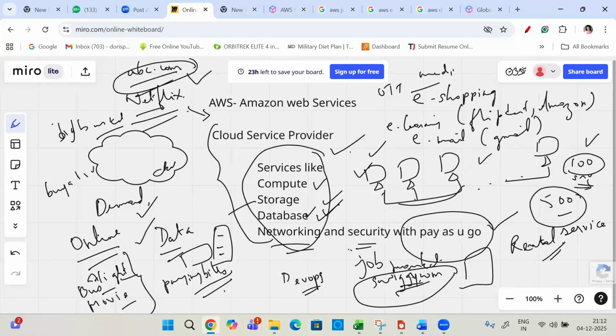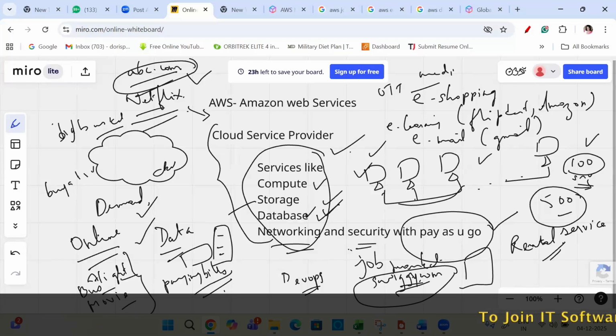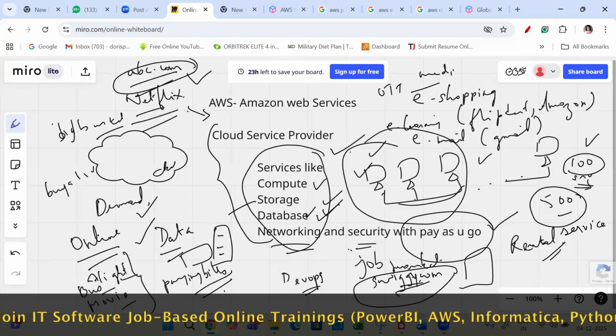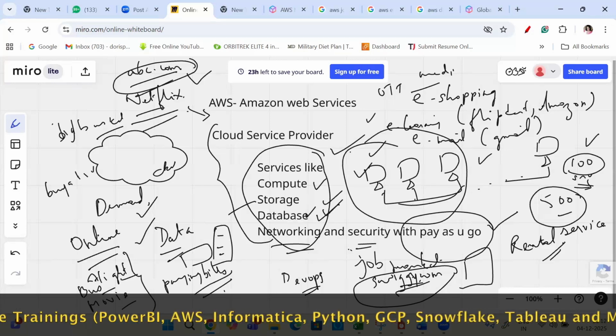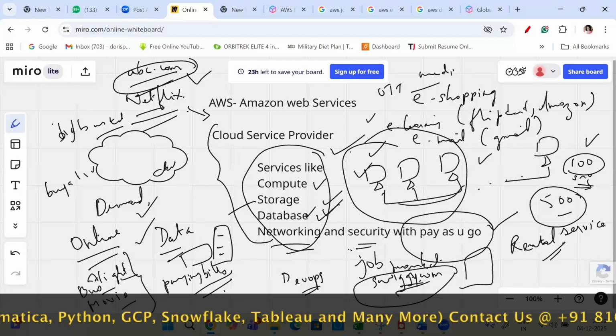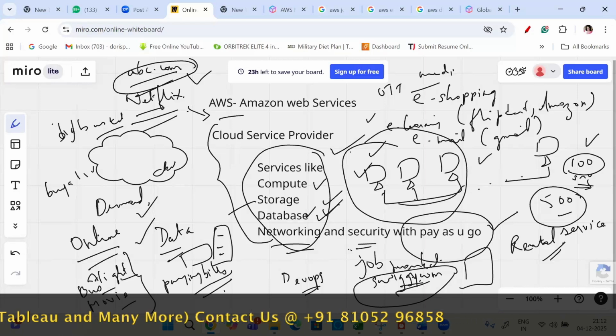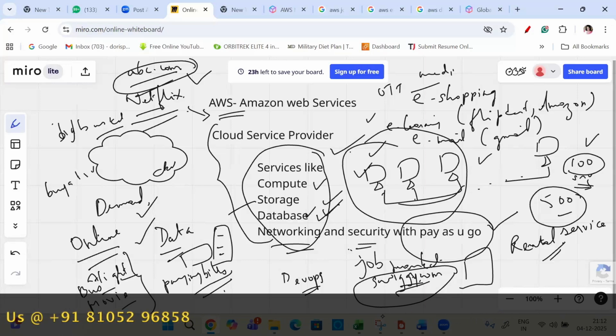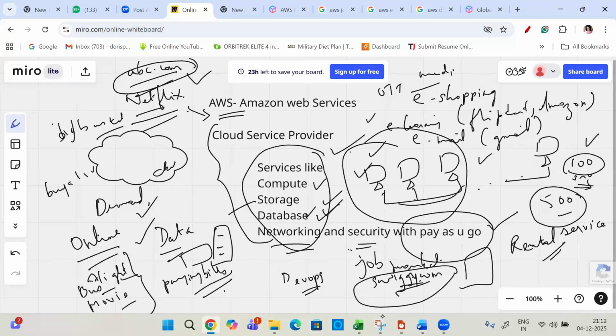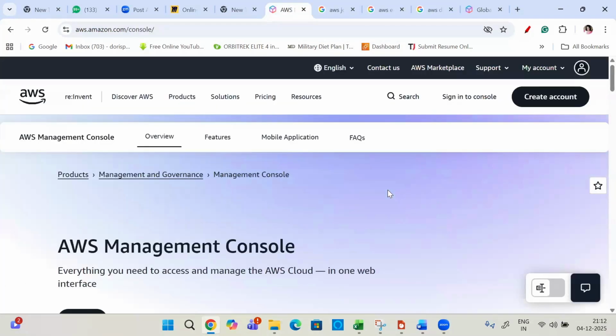So for all this, if you have to start a company, I can easily build a company by taking an account in AWS. Any cloud service provider you can take and start with. When compared to all the service providers, AWS is leading in the market, because it was launched early, as well as it is more flexible. It is easy to use, highly available and scalable. So this makes it more available when compared to all the service providers. So let us see where you'll be learning all these services.